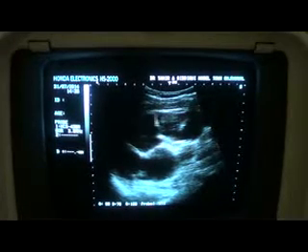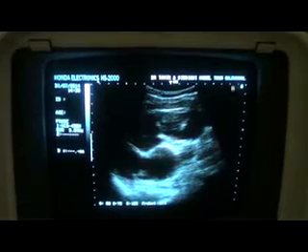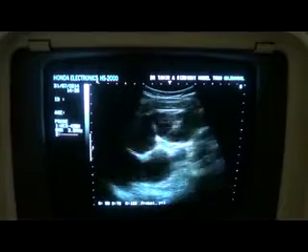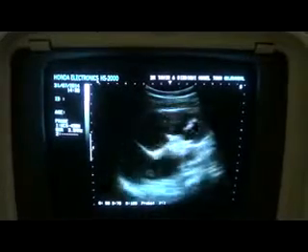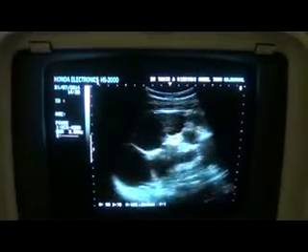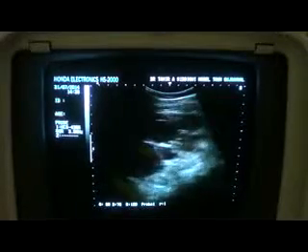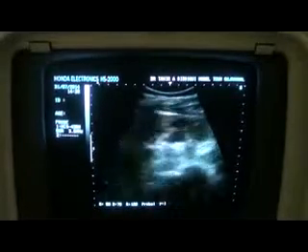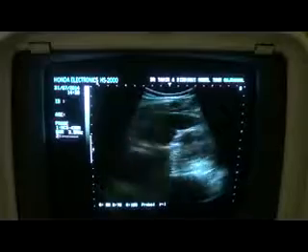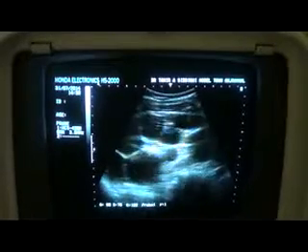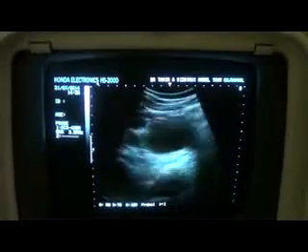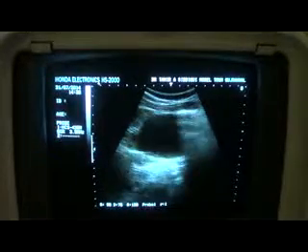These linear structures are called the dipping sign, and are seen in cases of massive hydronephrosis only. So such cases one may easily report as being that of polycystic or multicystic. This is in fact a case of obstructive uropathy due to a stricture in